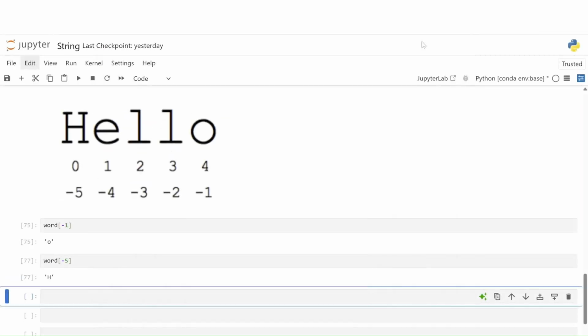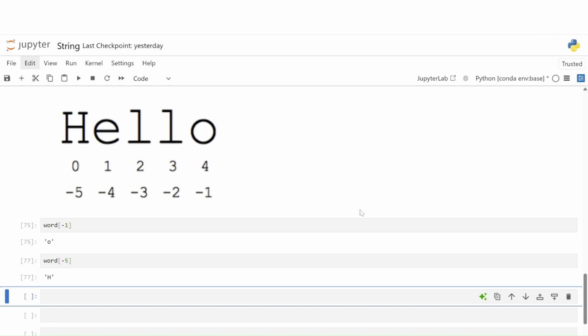There are also a few important points to remember when working with string indexing. If you try to access an index that's not available in the string, you'll get an error. For instance, the string hello stored in the variable word goes from the index 0 to 4, as you can see here. But there's no character at index 5.